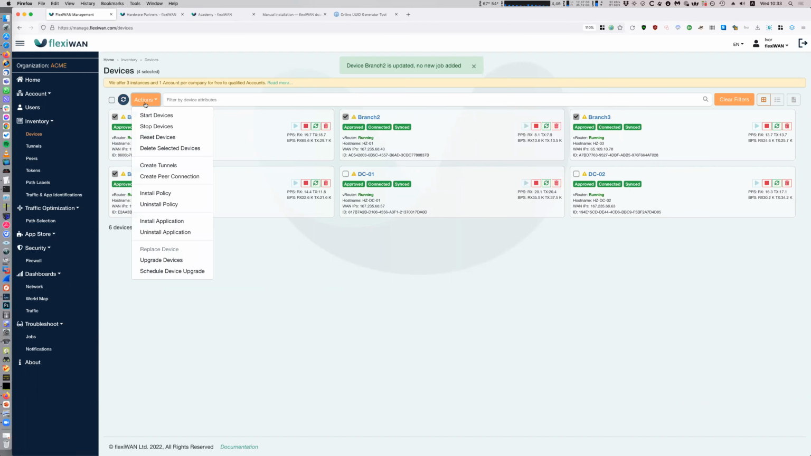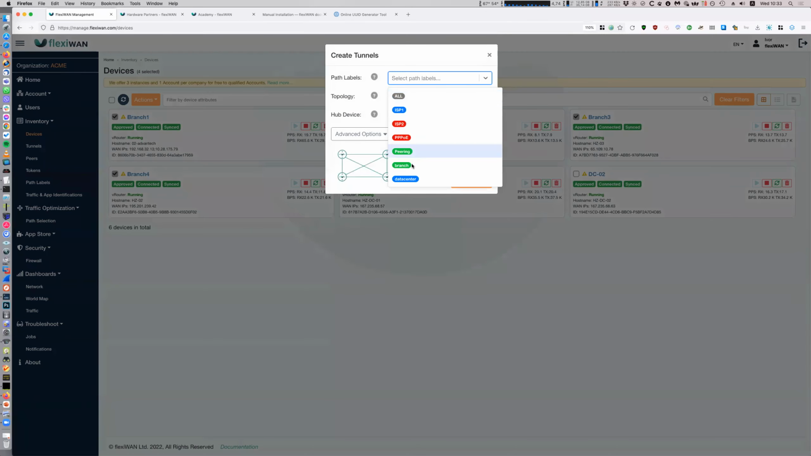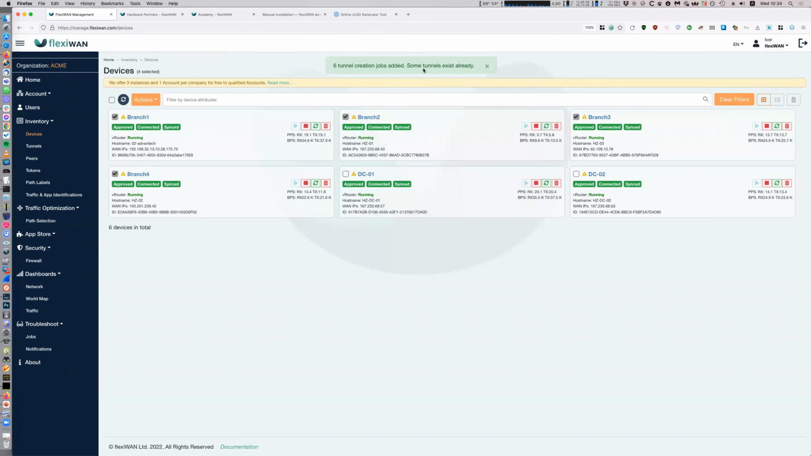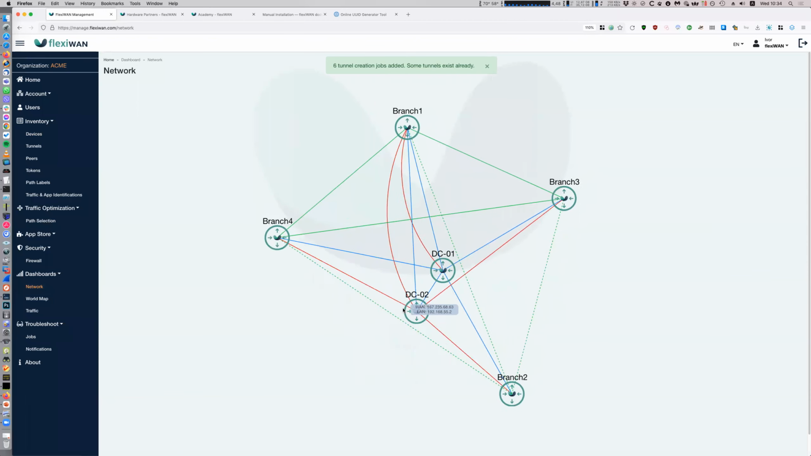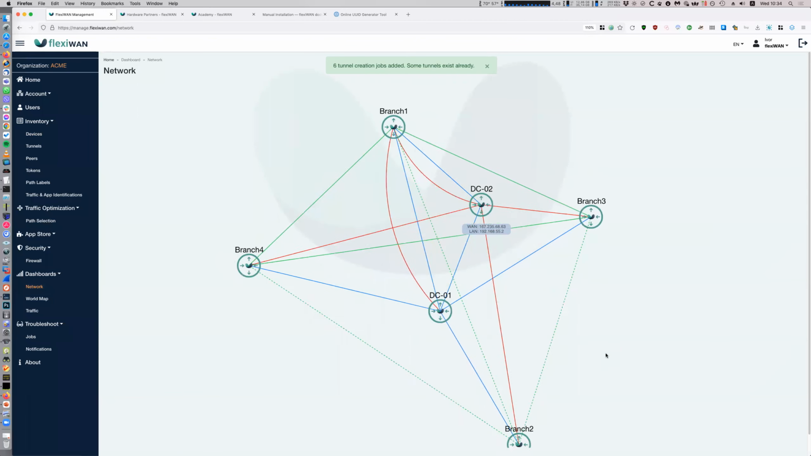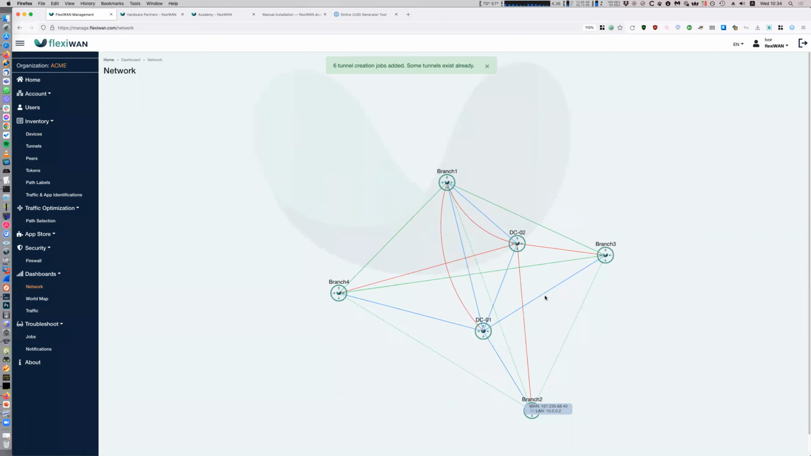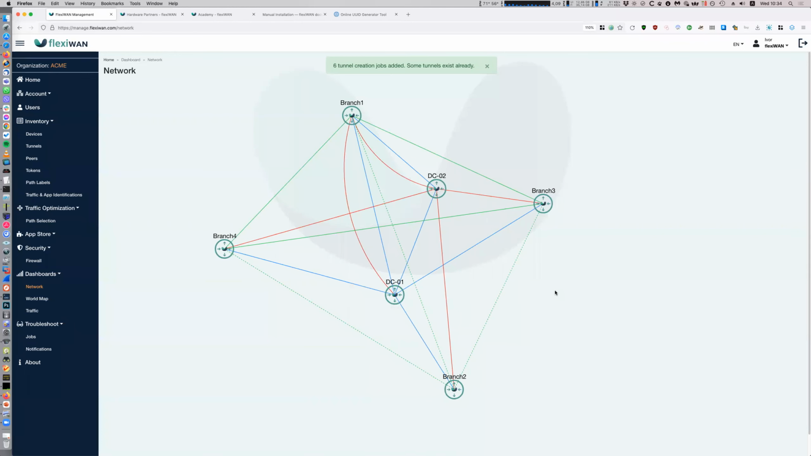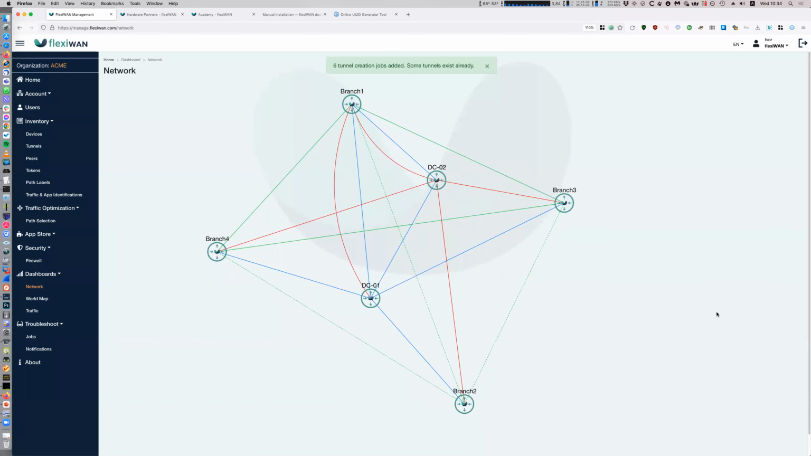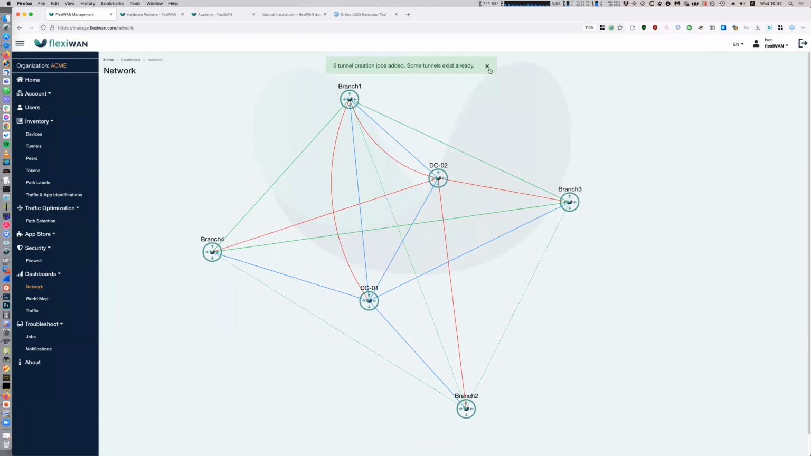And then, even though I've already added some, let's just add a few more. Branch, good. Some tunnels already exist, which is fine. If you go here to network, now we see the full power of this product. The idea basically is, even though it looks a bit more complex now to see, what we see here is that all of these branches have full mesh between them, and then all of these